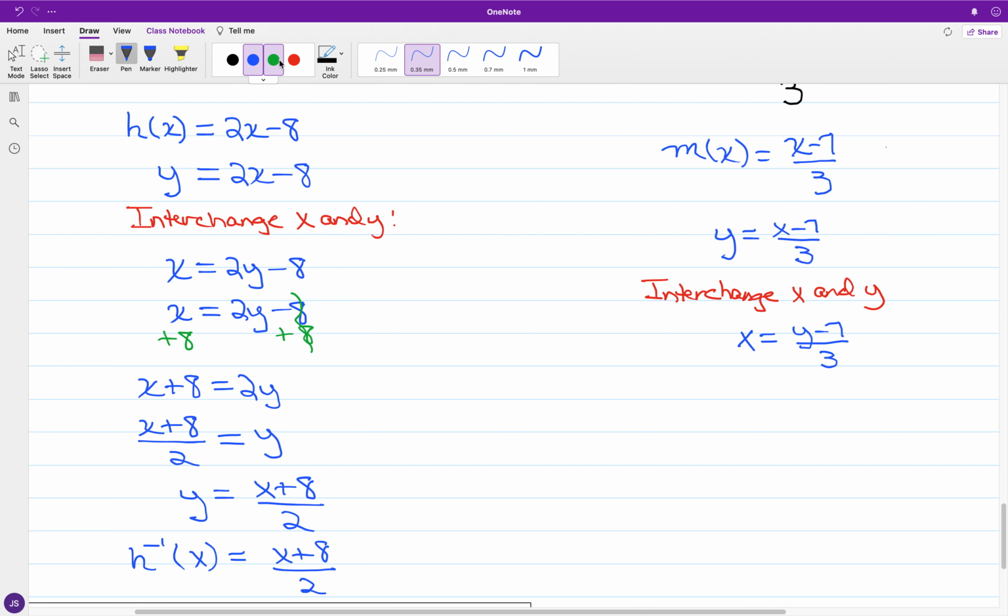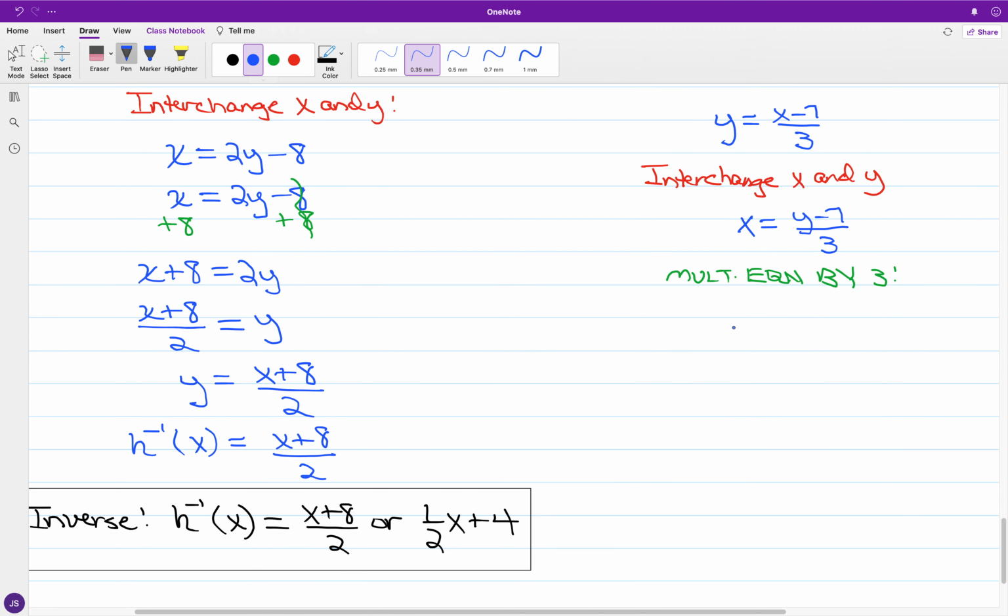And if I just go ahead and multiply the equation by 3, in the rewrite we'll have that 3x is equal to y minus 7, and getting the y term by itself, if I add 7 to both sides,